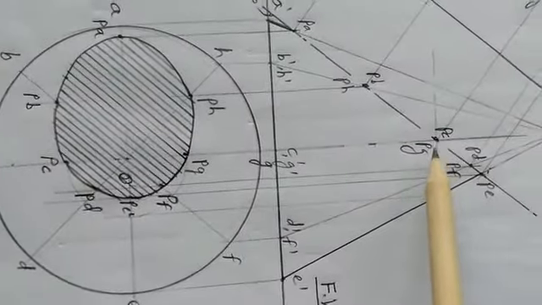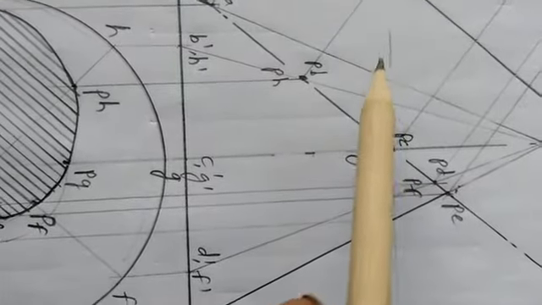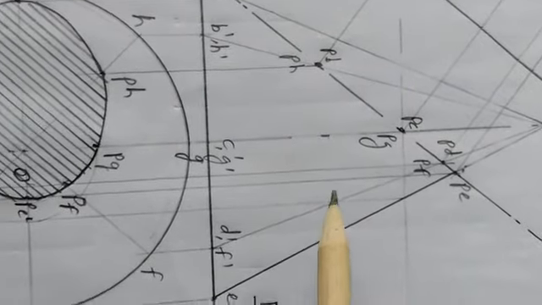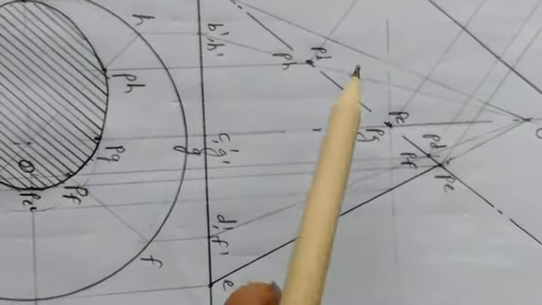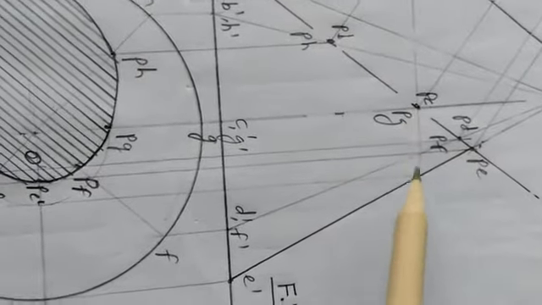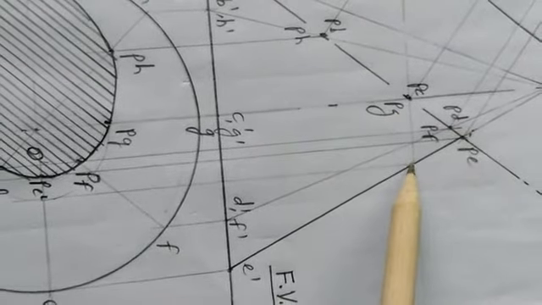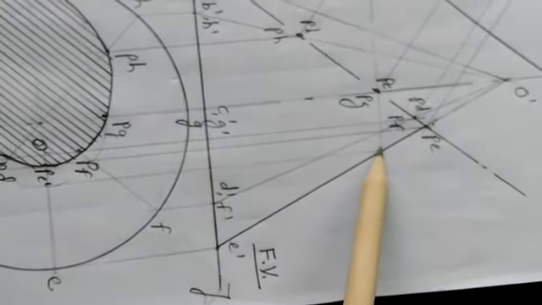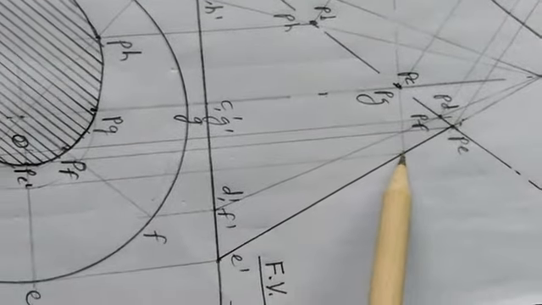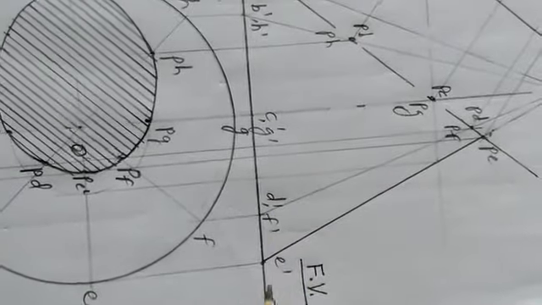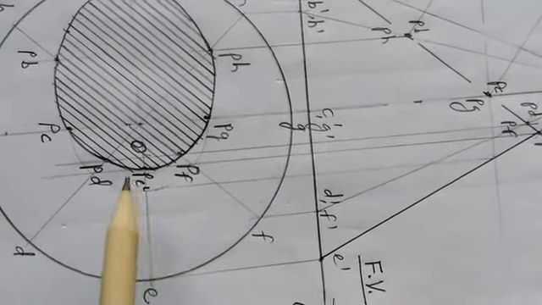Now what we have to do? Just project this point PC PG over to the left or right extreme generator. I have projected here. Actually, the construction line which is created here itself is the projector. Now, no need to construct another one. PC and PG, you will get its projector here. It is at this point on this right extreme generator OE. So, the same point you have to project down over the corresponding OE in top view. See here, I have got that point here.